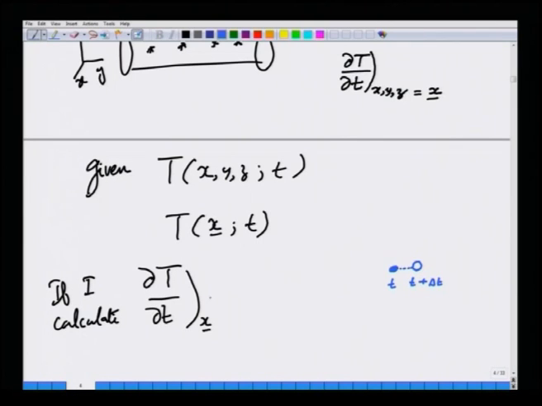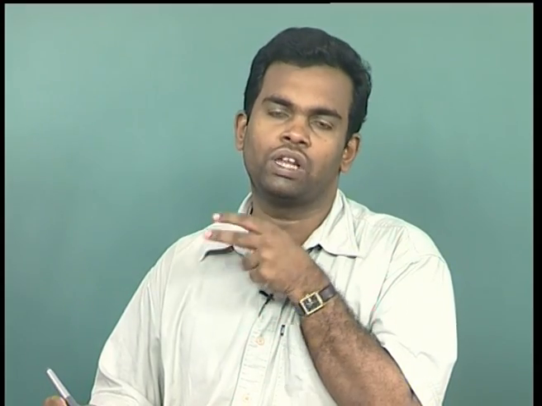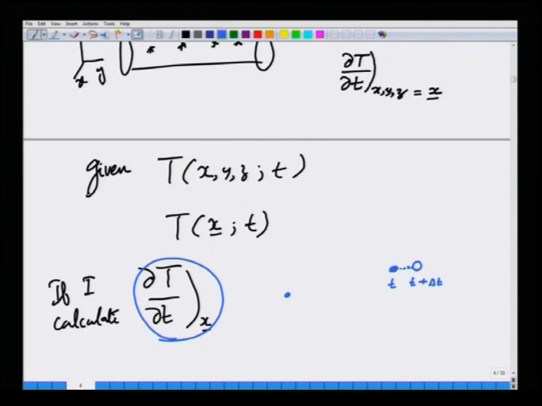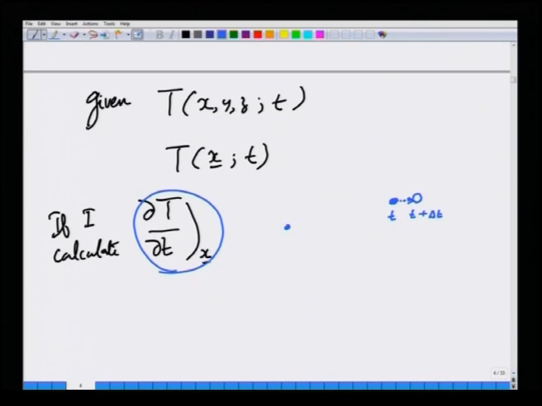Okay. But this is not giving that information. What this derivative is giving you is that if you sit at a point, what is the rate of change of temperature that you will feel at that point, locally. So, the sense of history is lost in the Eulerian description,